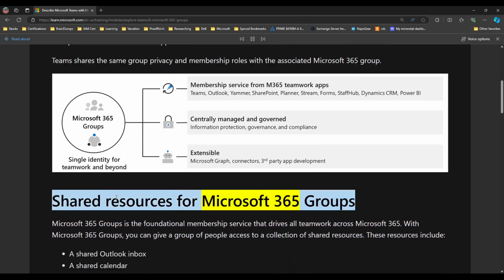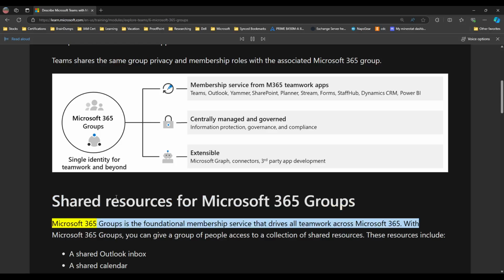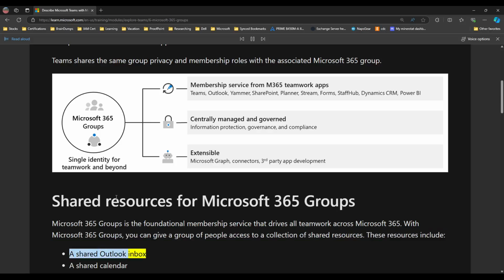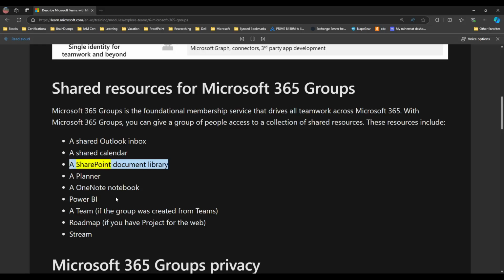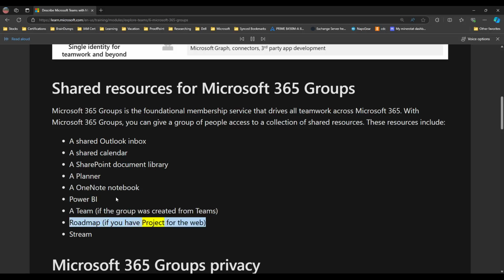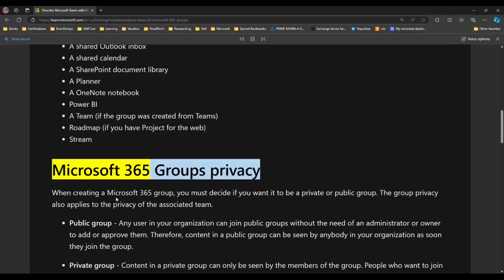Shared resources for Microsoft 365 groups. Microsoft 365 Groups is the foundational membership service that drives all teamwork across Microsoft 365. With Microsoft 365 Groups, you can give a group of people access to a collection of shared resources. These resources include a shared Outlook inbox, a shared calendar, a SharePoint document library, a planner, a OneNote notebook, Power BI, a team if the group was created from Teams, roadmap if you have project for the web, Stream,